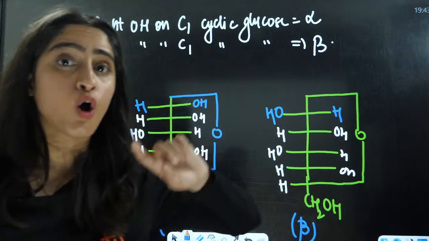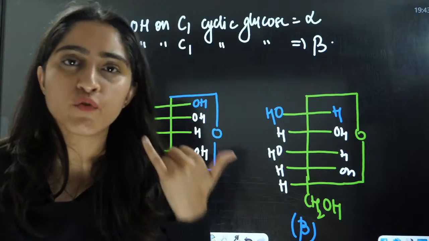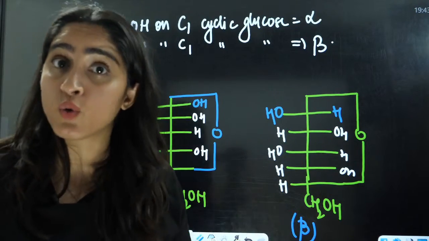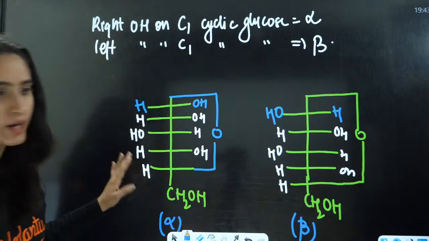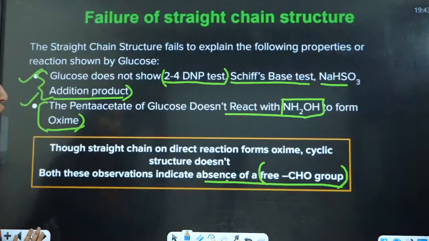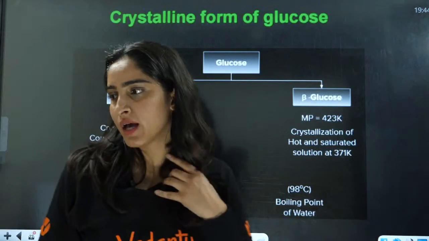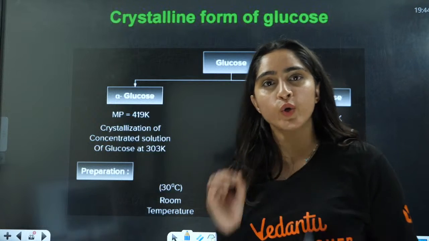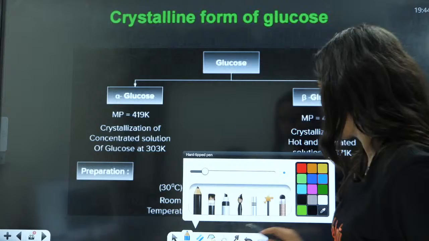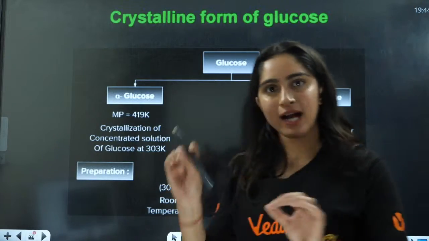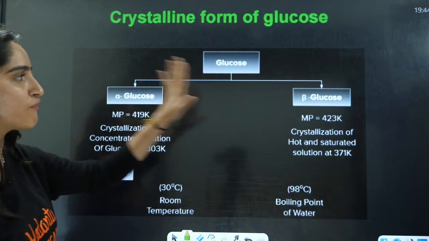Now, if you know how to draw the structure of glucose, this is going to be very easy for you to draw the structure of glucose, then fructose, then maltose, then sucrose, galactose, everything. Right? Okay, understood this? This is how you are going to draw the structures. Are you drawing that with me? Are you able to draw that? Because there is no use if you are not drawing that yourself, okay? Try to draw that along with me. That is why I am drawing that for you, right? Okay, so this is alpha, this is beta.